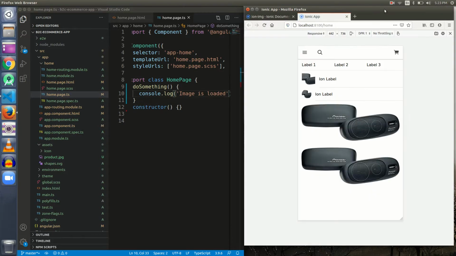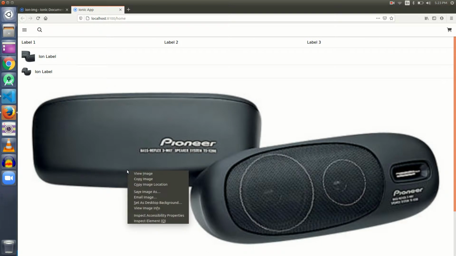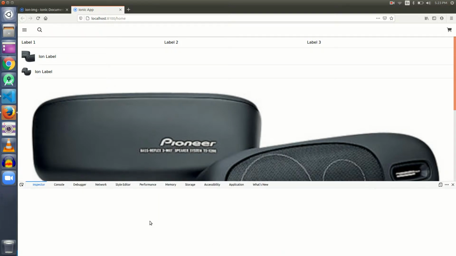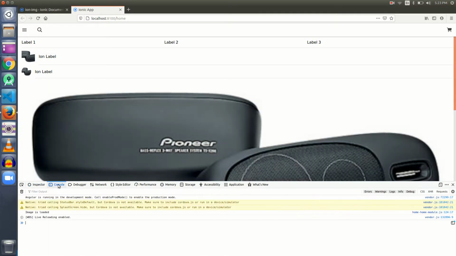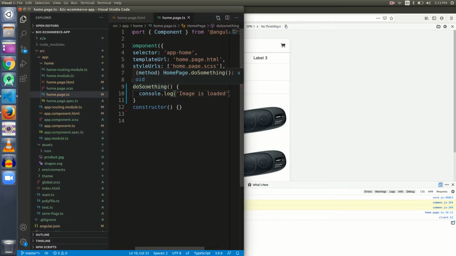Let me maximize it, Control Shift M, see how big the image is, inspect the element, go to console, and we can see something is written here. Image is loaded. From where has this log come? This log has come when the function doSomething is triggered.